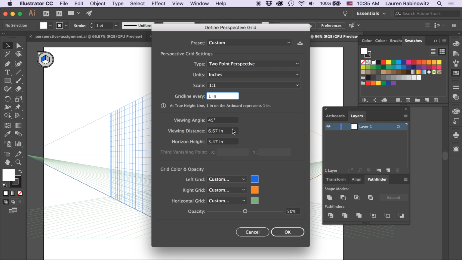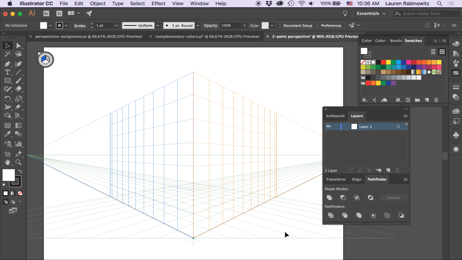I could change the viewing angle if I want, whatever suits your needs. You've got almost complete freedom with this. And once you've got all that set, so I'm going to have a grid line every 1 inch, I'm going to click OK, and there is my 2-point perspective. So everything that I draw using 2-point perspective, if I grab my rectangle tool and start working in the grid,